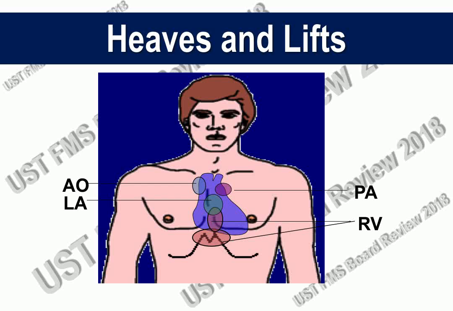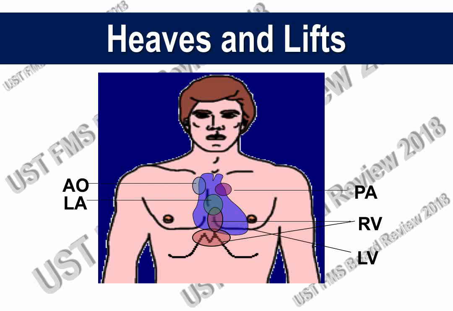The right ventricle will cause a pulsation or a heave, usually at the left parasternal area and sometimes extending to the epigastric area. And this is caused by right ventricular hypertrophy. And finally, when you feel a heave at the fifth left intercostal space, mid-clavicular line or beyond that, that reflects the left ventricle, consistent with a left ventricular heave.